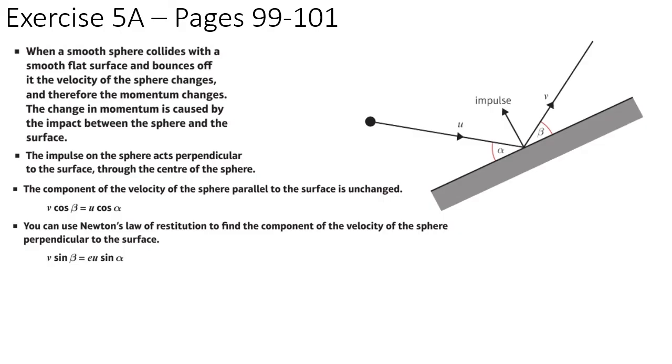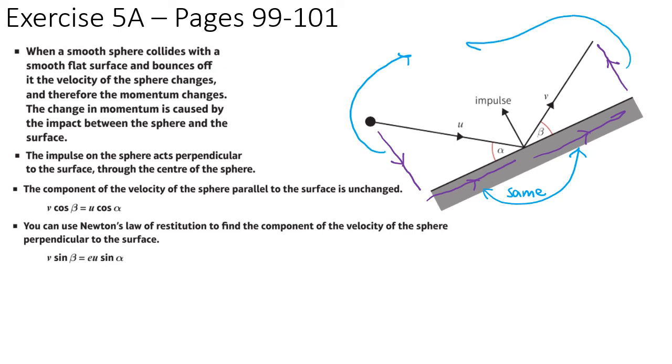So just a quick recap. We have our velocities that go like this. I'll do one over here like this. So we saw that these are the same. Yeah, they don't change. So parallel to the plane, they don't change. Perpendicular to the plane, these we can use our coefficient of restitution. So this would be u sine alpha, and this would be